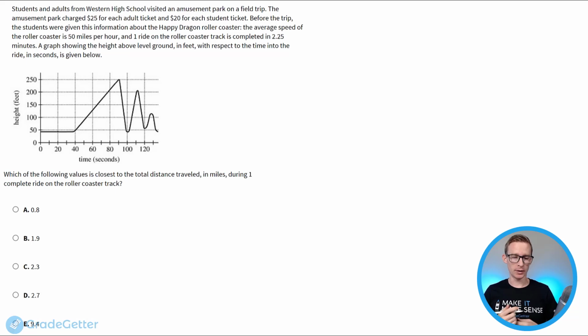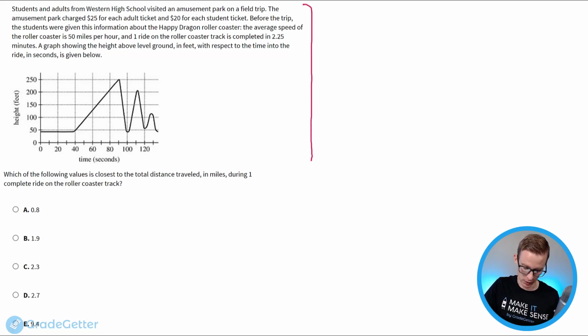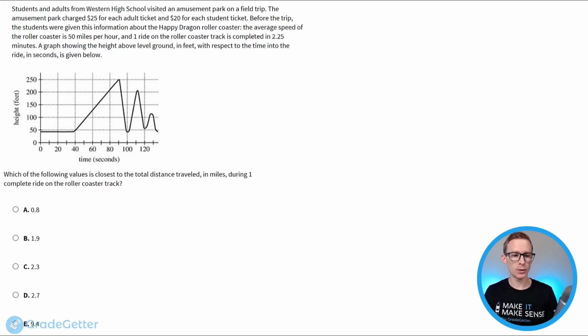Question number 1 gives us some information and then a graph that goes along with the information. So that's all this section right here. And it says that students and adults from Western High School visited an amusement park on a field trip. The amusement park charged $25 for each adult ticket and $20 for each student ticket. Before the trip, the students were given this information about the Happy Dragon roller coaster. The average speed of the roller coaster is 50 miles per hour, and one ride on the roller coaster track